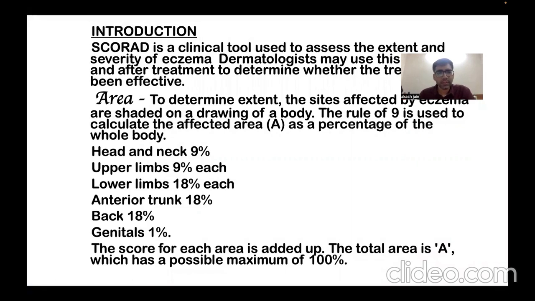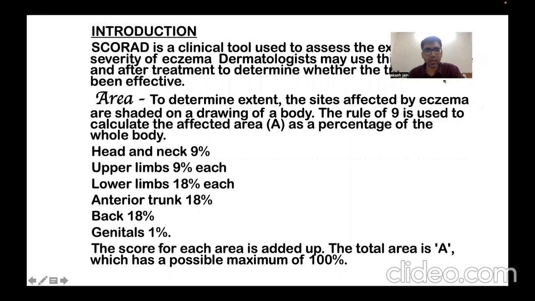So scoring atopic dermatitis is a clinical tool used to assess the extent and severity of eczema. Dermatologists may use this tool before and after treatment to see whether it is effective. To determine